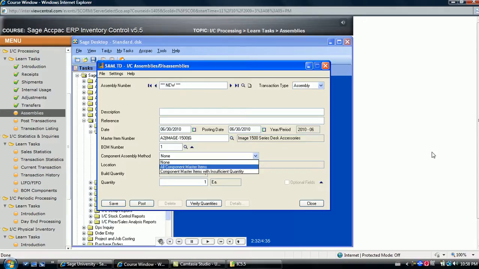Select all component master items to have the system assemble a matching number of subassemblies as listed in the build quantity for the master item. In other words, the system assembles the required number of subassembly items regardless of any component master item quantities that are already in stock. Using the above example, the assembly process would build 5 item Cs, even though there are